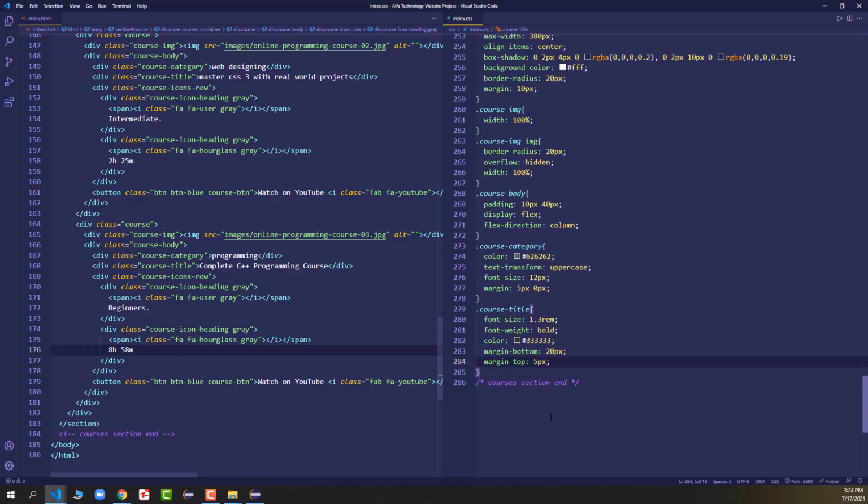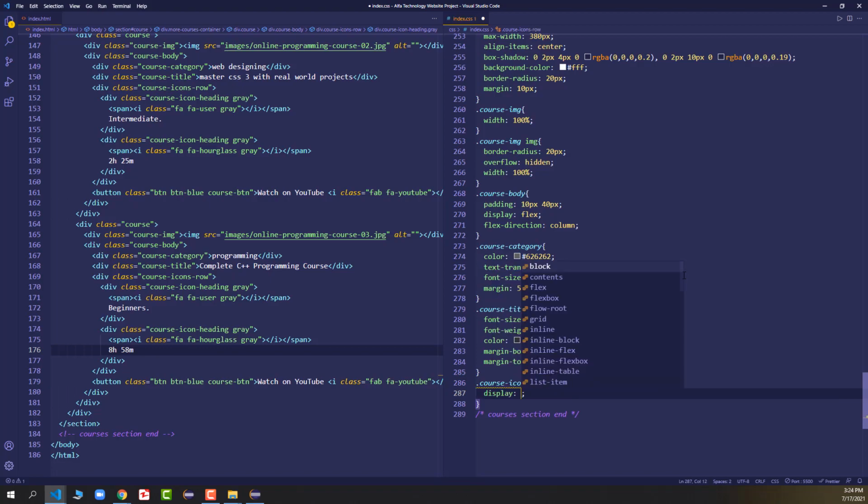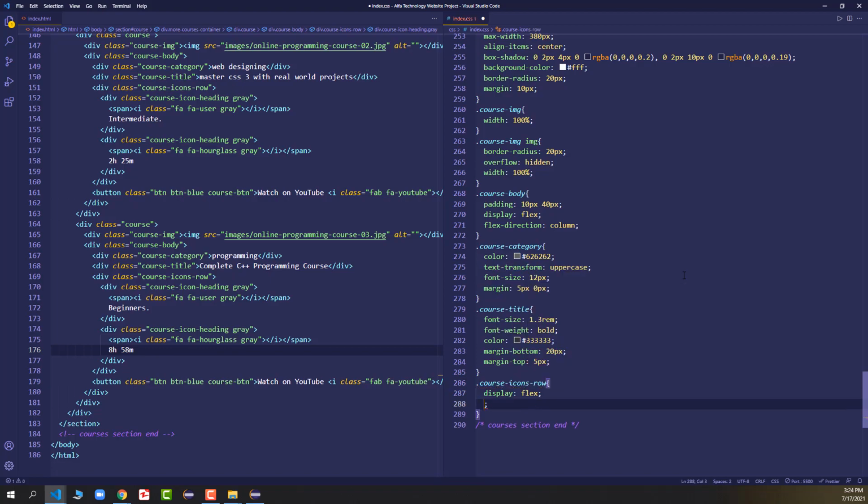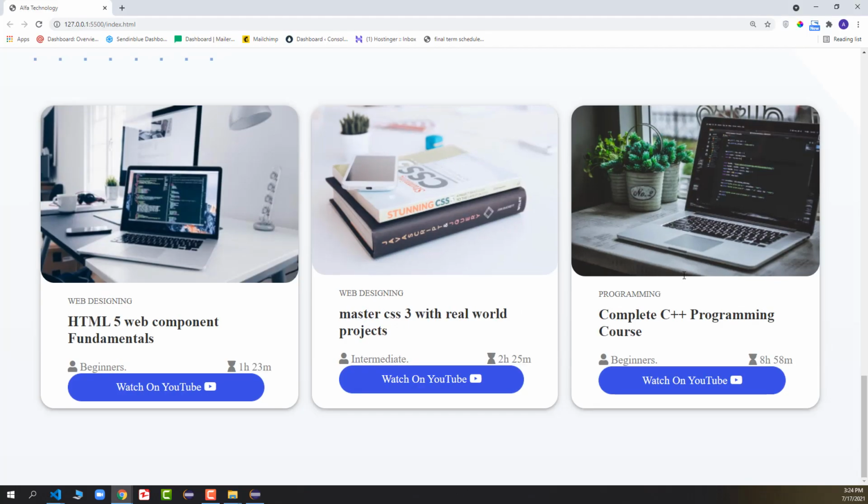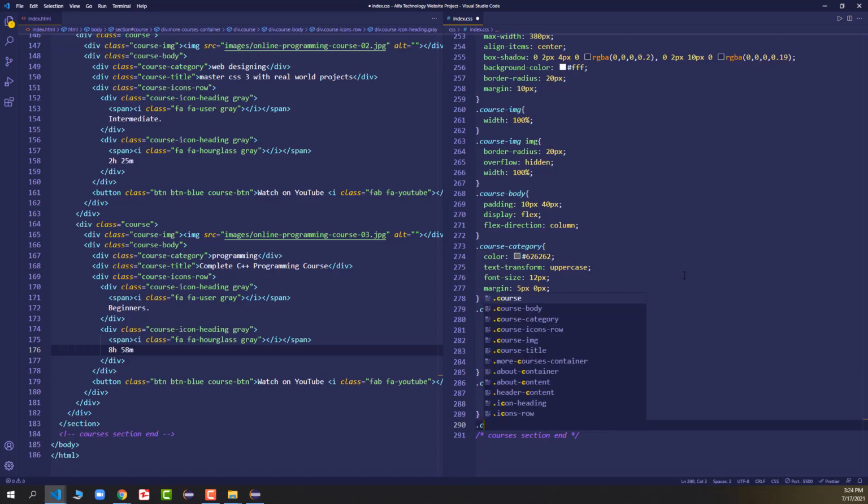Now let's go and design the headings, or you can say icons. So here I will say .course-icons-row, and in the icons row I will say display flex, and after that justify-content space-between, so they will have space in between them. After that we have .course-icon-heading.